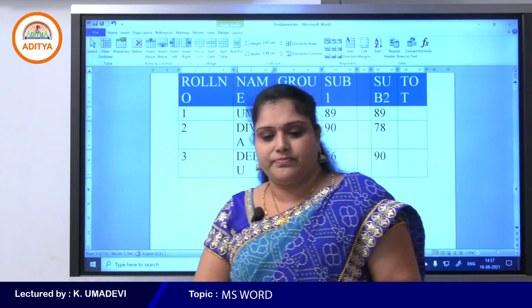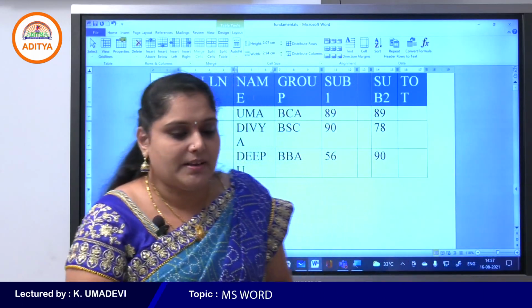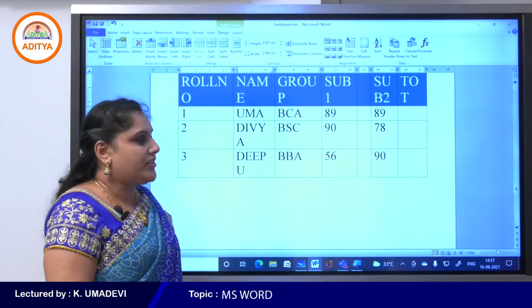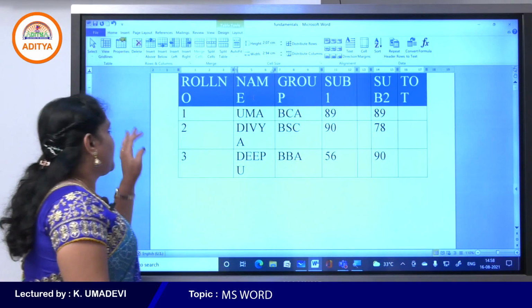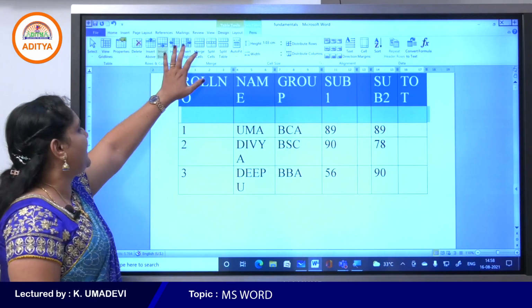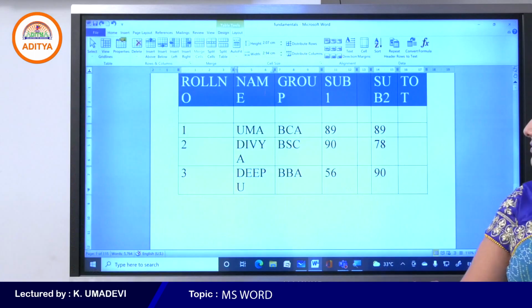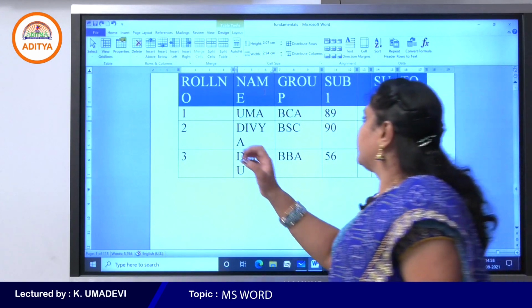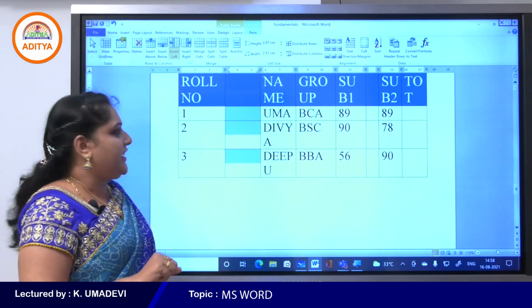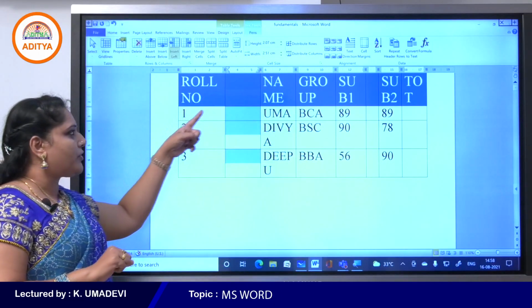My cursor position is in the name column. So insert left. Click on insert left. See here, the new column has been added in between roll number and name.